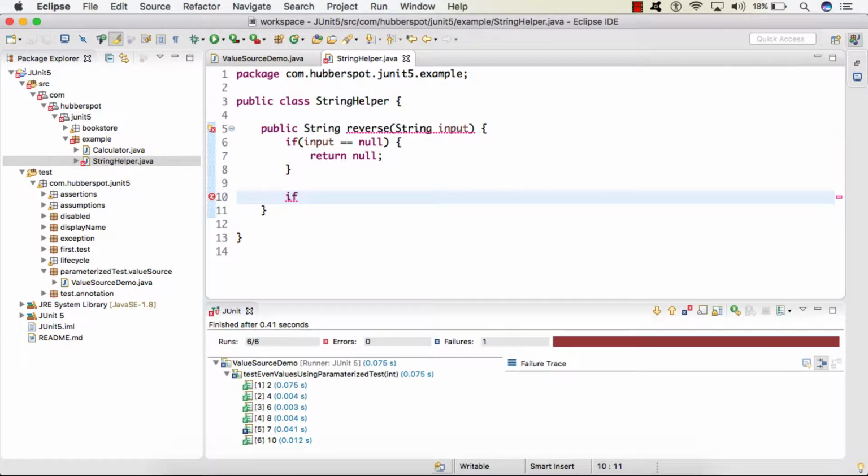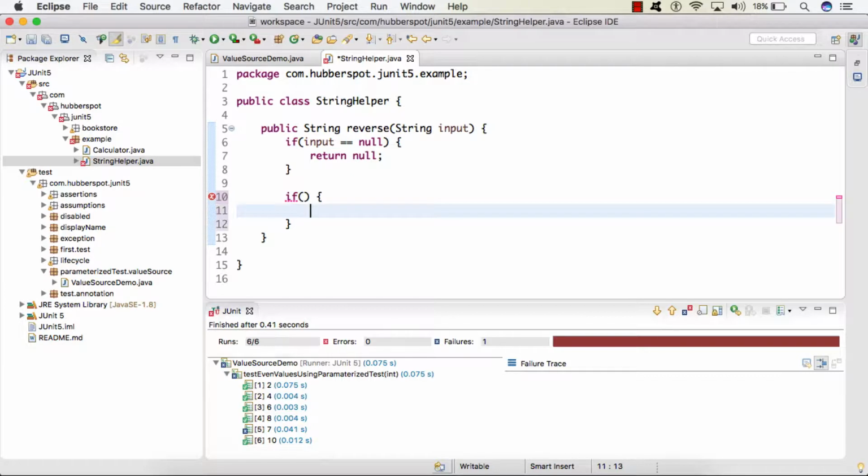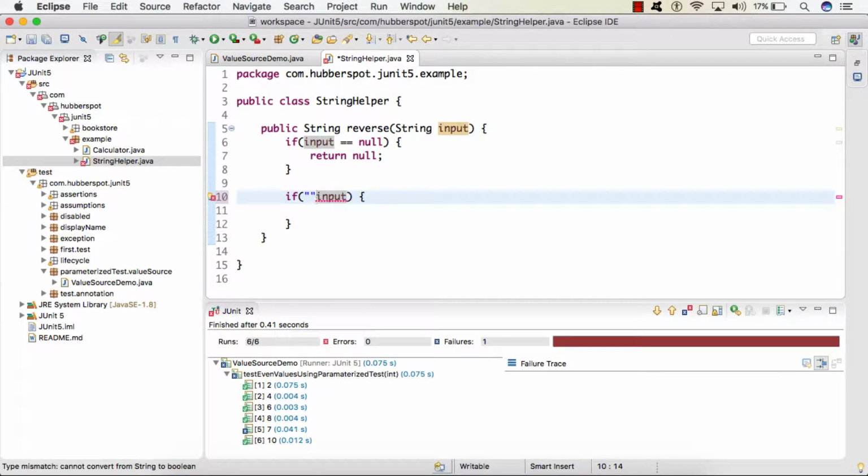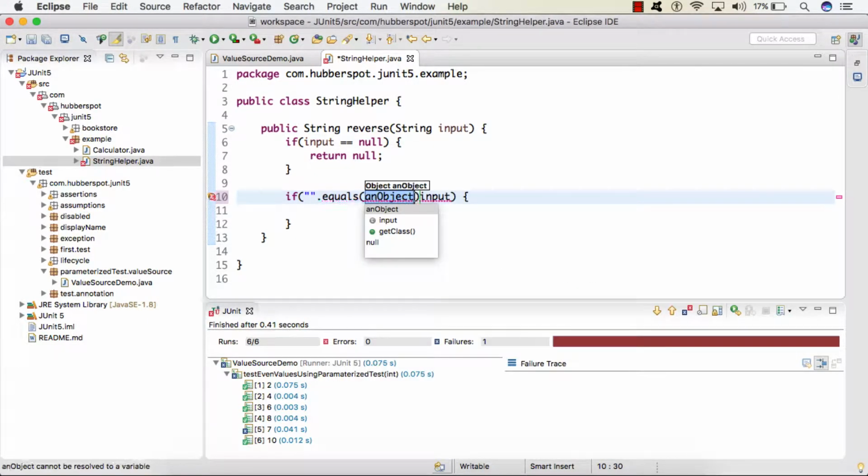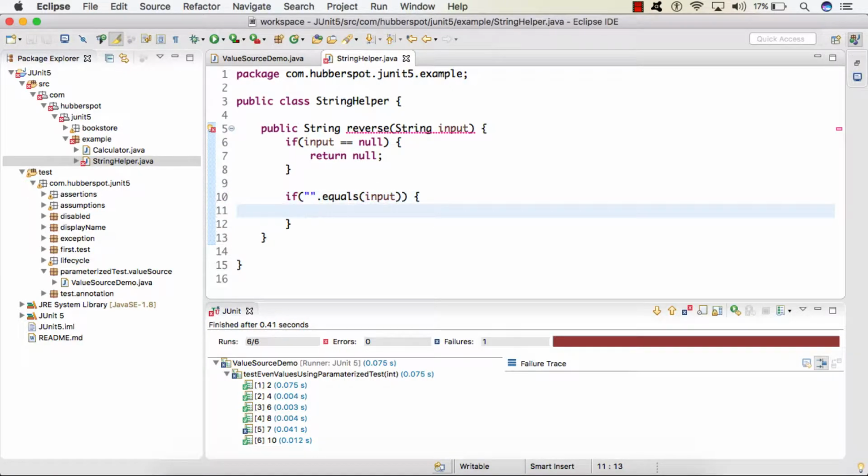and if input is empty, we'll simply return an empty value, because if the input is null, we can't reverse it, we'll simply return null.